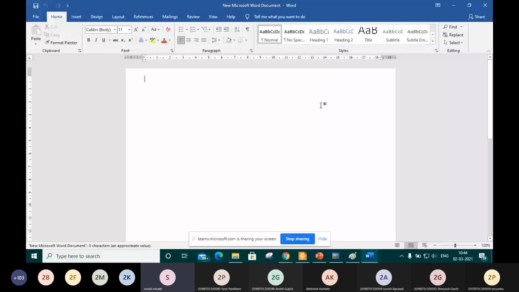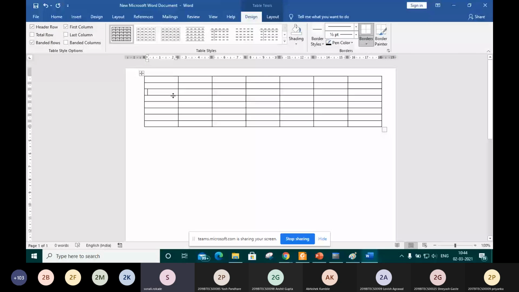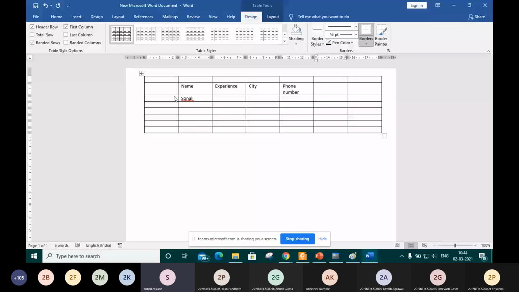In that table, suppose I write down my name, and I give a particular heading to that column. After that I add experience, then city, then phone number, and then email ID. Right now I'm going to add 8, city Sangli, then phone, then email ID.